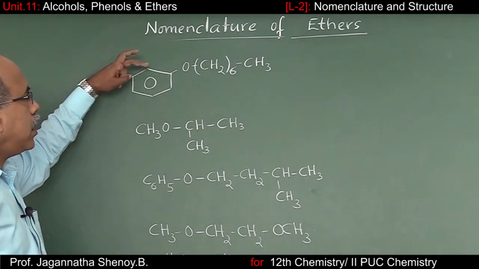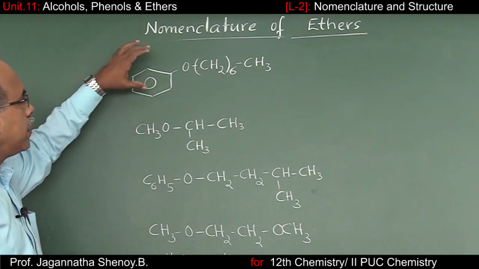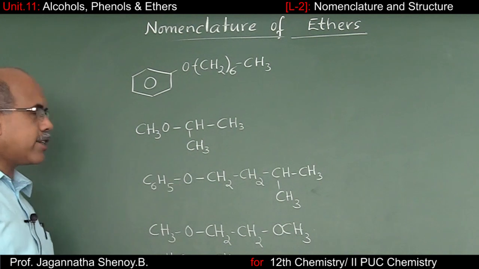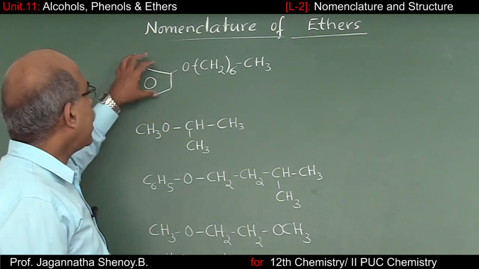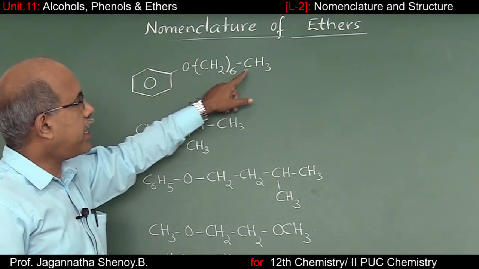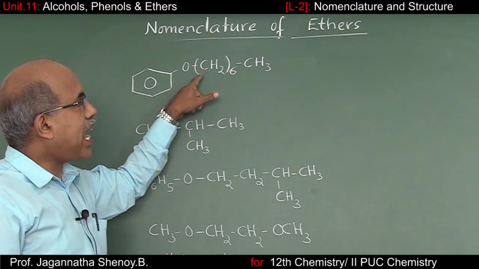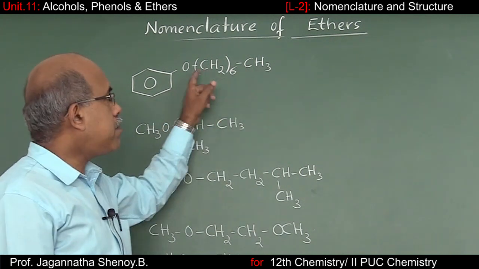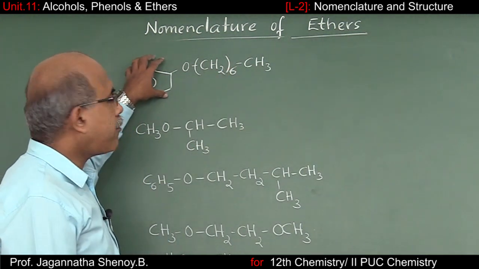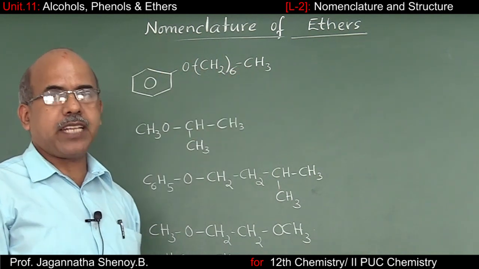So we'll continue with the common name and IUPAC name for these compounds. For the first, the second, and even the third, I can write the common name. Here, this is a phenyl group, and how many carbon atoms are there? 7 carbon atoms are there. So it has to be an N-heptyl group, an unbranched normal chain containing 7 carbon atoms. So here you have a phenyl group, and here we have an N-heptyl group.